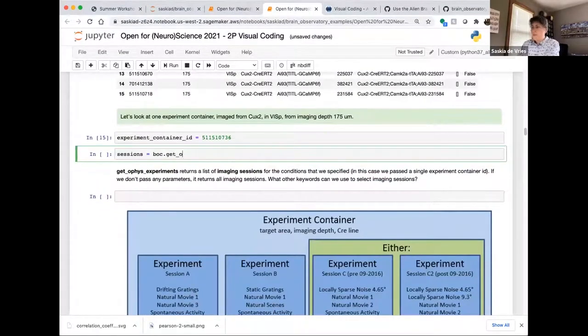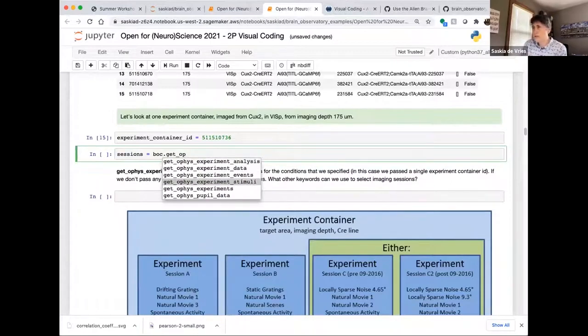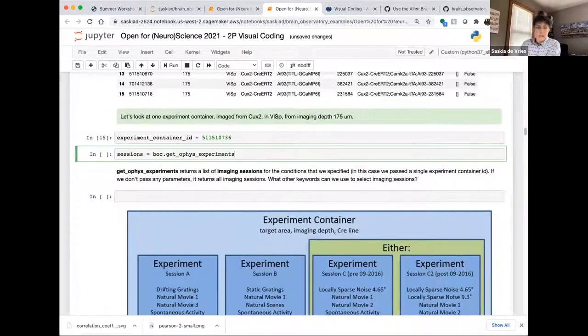Now I'm going to use this function that's called get ophys experiments. And this is going to give us a list of experiments. And I'm going to pass it